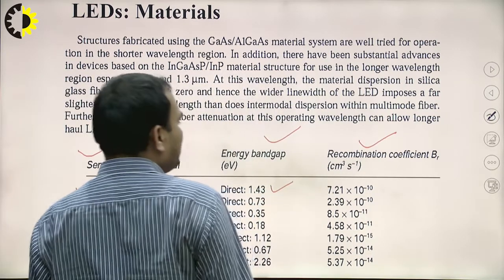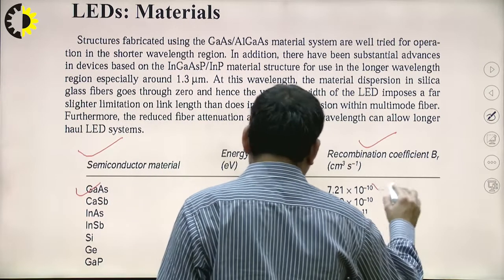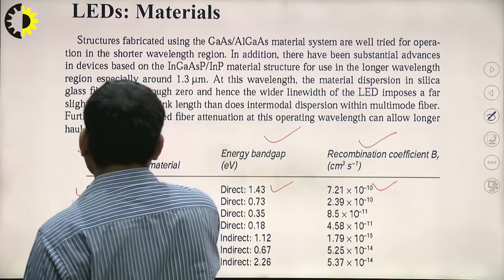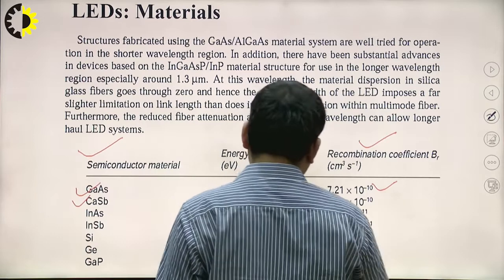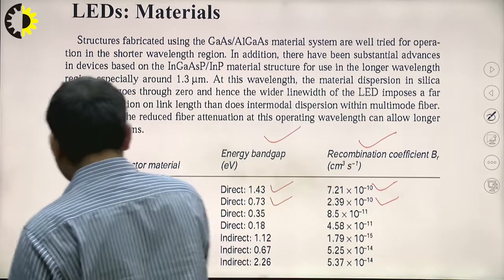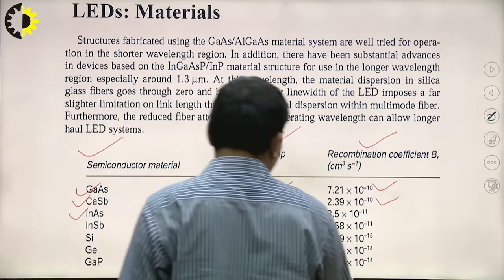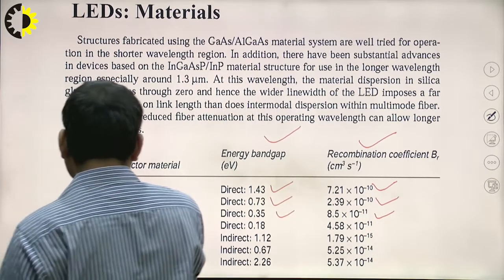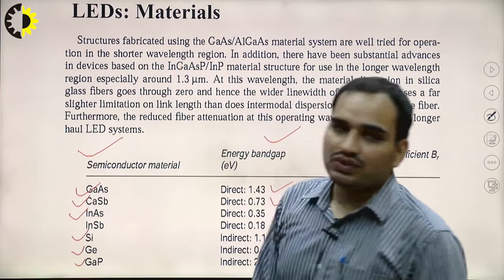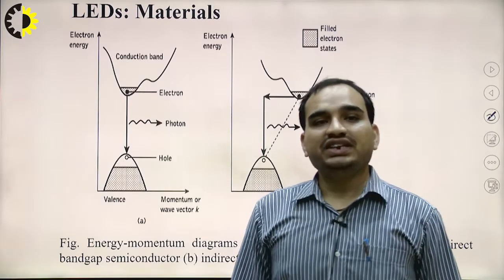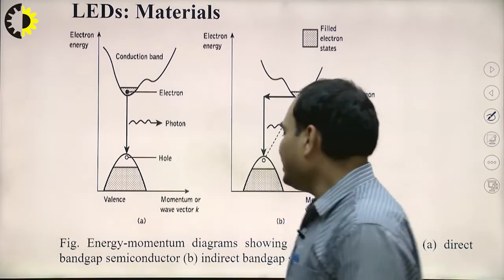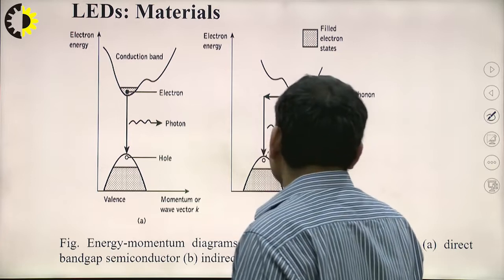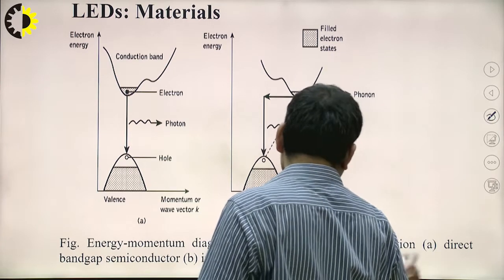the recombination coefficient is 7.21. Similarly for cadmium, we have 0.73, 2.34, indium arsenide 0.35, 8.5 times 10 to the minus 11, silicon, germanium, and gallium phosphide. So let's understand the energy momentum diagram for the different types of transition, that is,